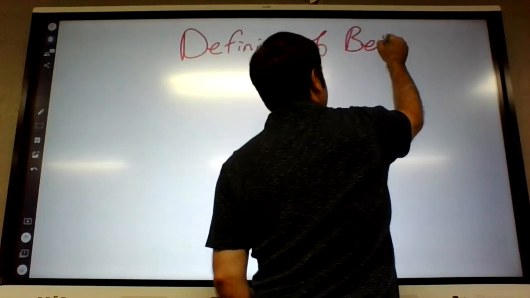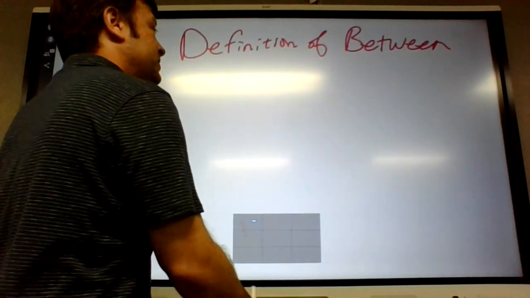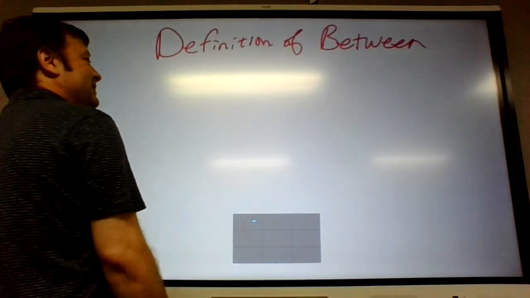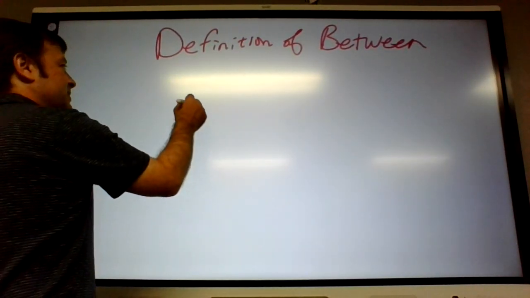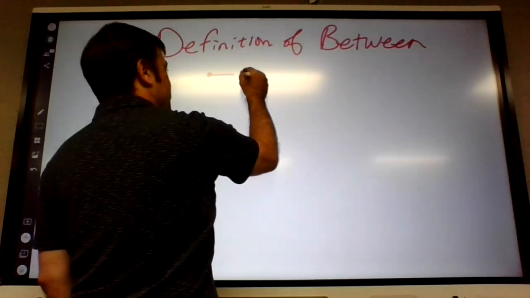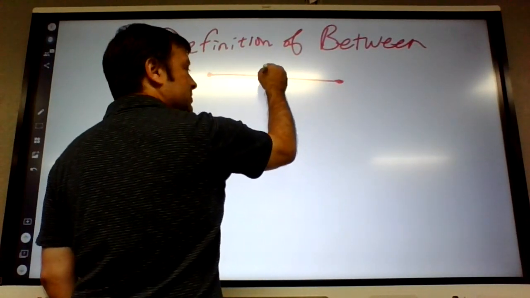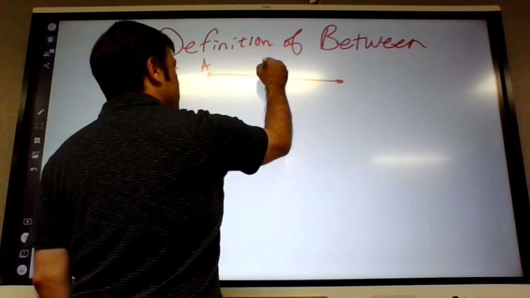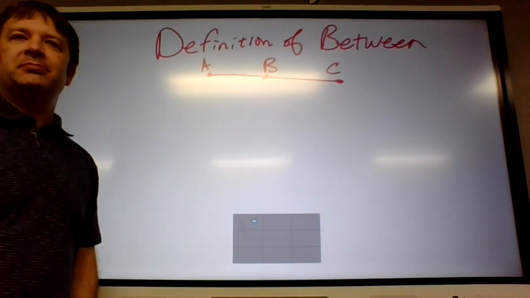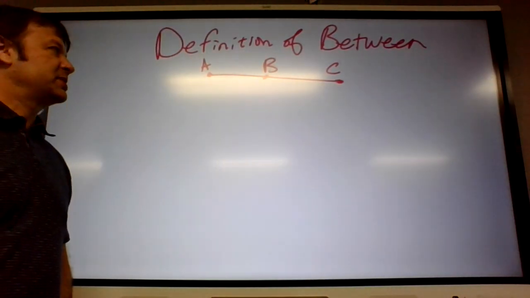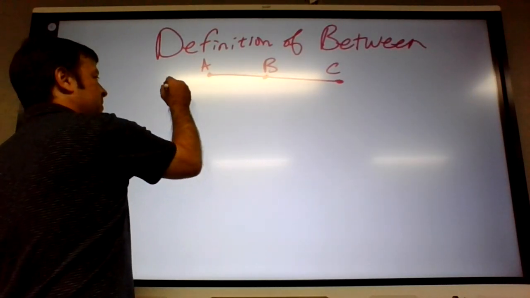All right, we talked about this in the first chapter, but it comes up a lot today. Definition of between. It's not my favorite way the book handles this. So, you guys remember this? What does it mean for a point to be between two other points? Basically, it's got to be on a line between the two other points. And if it is,